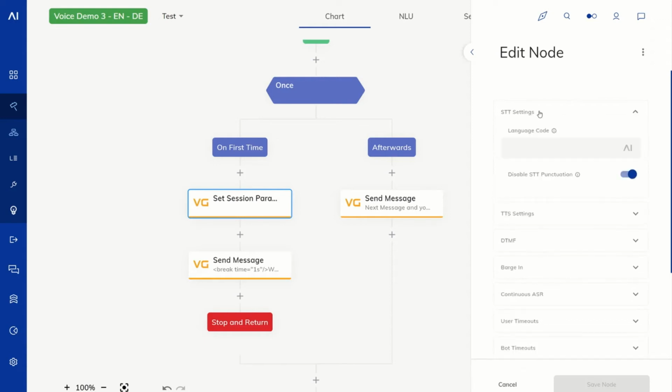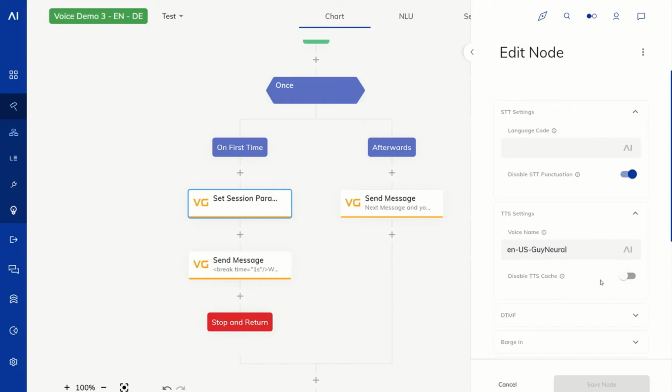But you can override them from within here, as we have seen earlier when we switched it to Guy, for example. So you can put in another language code, and then from that moment on, the speech-to-text will recognize in that language. You can disable the STT punctuation, which we already looked at, you can also change the voice name for the text-to-speech, and you can disable the TTS cache.